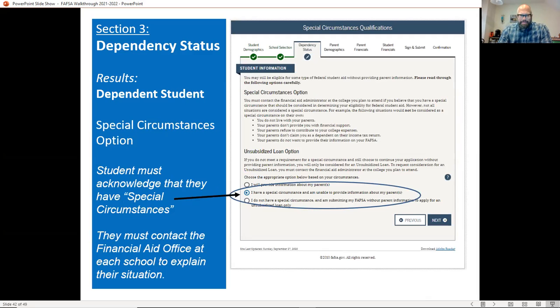So if they click that, it's going to bring them here and pretty much say, are you sure that's what you want to do? Is that your final answer? Again, it tells them what is not an example of a special circumstance, and it's all the things that we've already talked about. So if they come down here, it gives them a little bit of a warning that if you don't provide parental information and you don't have a special circumstance, you're only going to be eligible for an unsubsidized loan. But if the student truly has a special circumstance and cannot provide that information, they would click appropriately